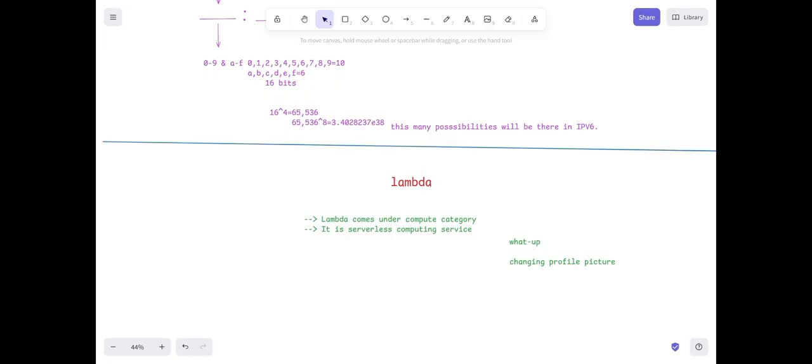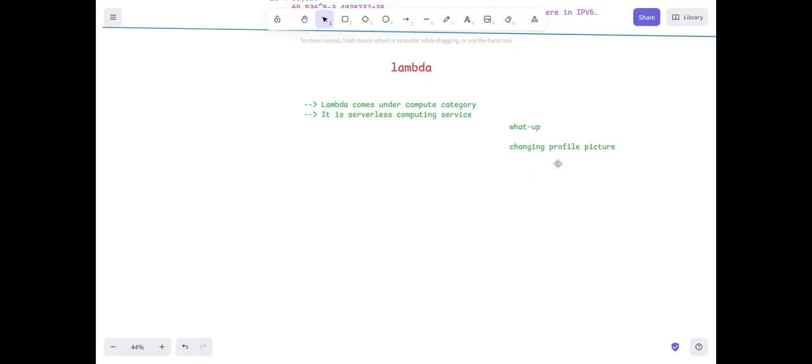So that's why, to maintain these types of things, we launch one server separately, where we are going to run that server by using some code. So now for changing the profile picture, this code will be running in the server.